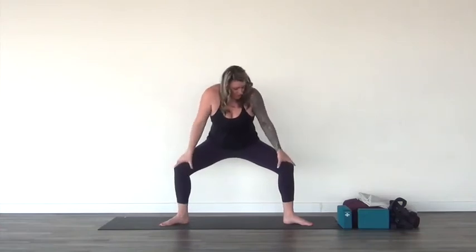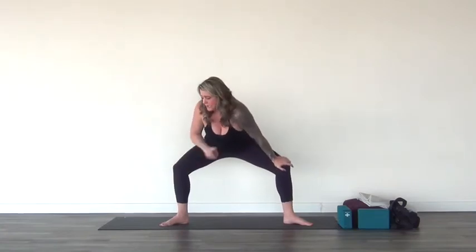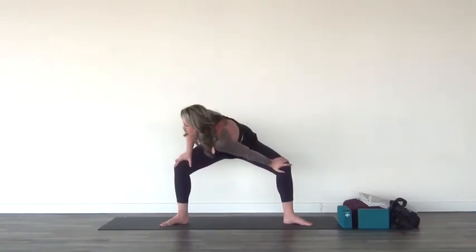So you don't want to see your knees going beyond your toes. You want to find this position where the shins are vertical. And then we're pressing our hands against the thighs, leaning slightly forward. So we need to lift the chest. So we're creating a little bit of stretch through these adductors. And then I want you to lean your right shoulder towards your left knee, creating a stretch up the right